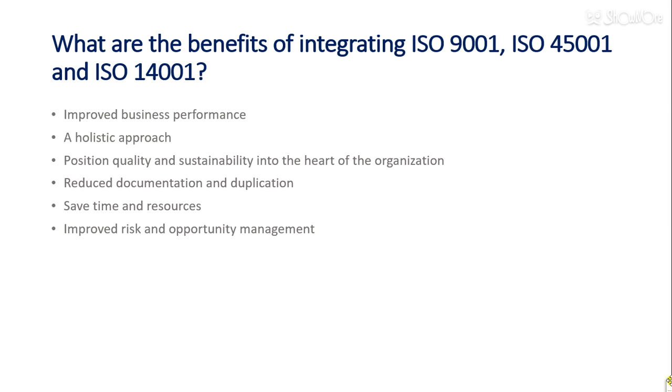It gives you a focus on health, safety, quality and sustainability in the heart of your organization. Motivates the workers and employees to follow and achieve these objectives. The main benefit is you will reduce your documentation and paperwork. If you have 3 sets of procedures, one talking about quality, the other one about environment, and the other one about occupational health and safety, you then only need one procedure to describe all the requirements for that specific process. Therefore, you will save time and resources, and it will improve your risk and opportunity management because everything is concentrated.